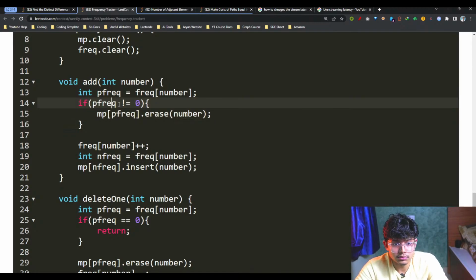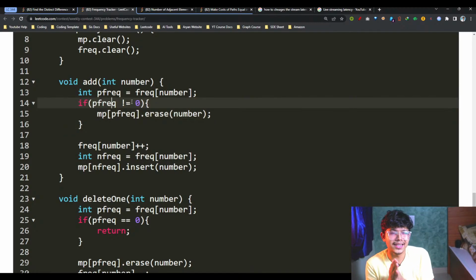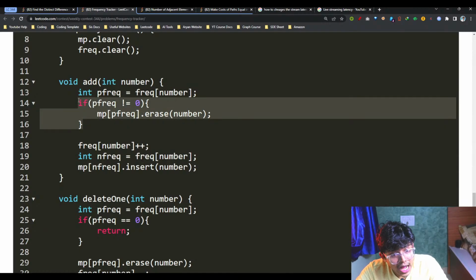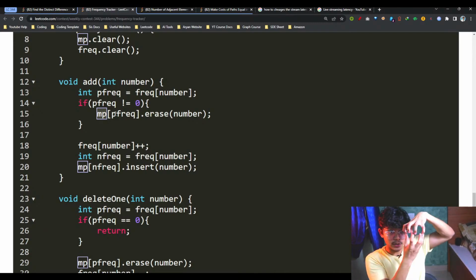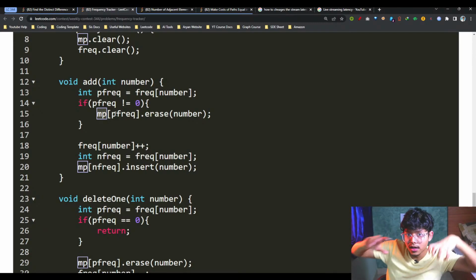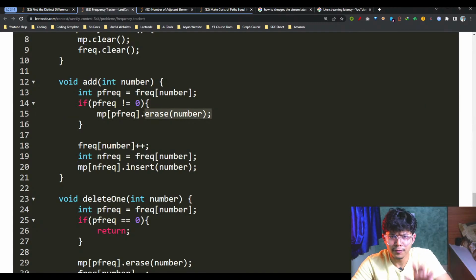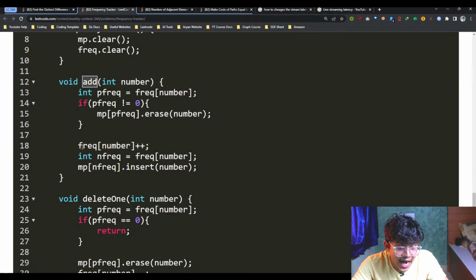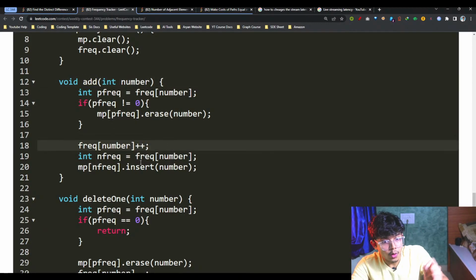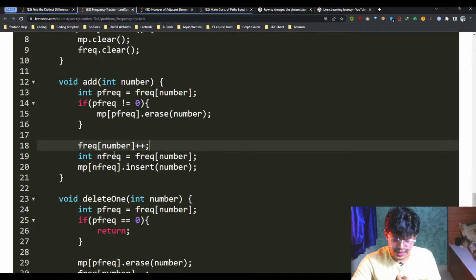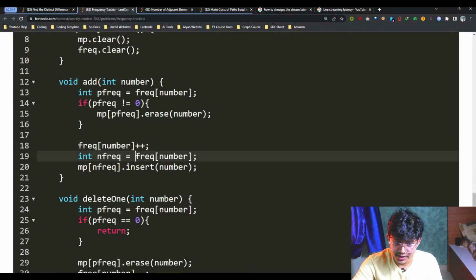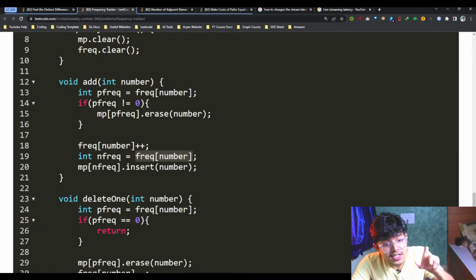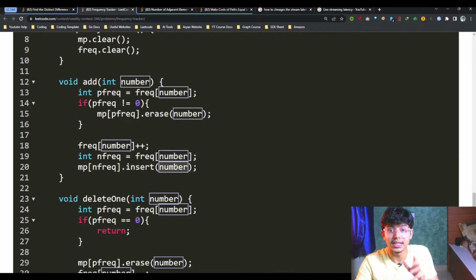If this is not a 0, which means it may be that I'm adding this number for the first time. If it is not 0, I will just erase that number from my map, which is having frequency to the numbers whole set. I will just erase that number from that. Then, as I'm adding it, I will just add the frequency of that. Now the new frequency for me is this new frequency after being added. So it is the new frequency, right? I will just insert that number in that new frequency map,